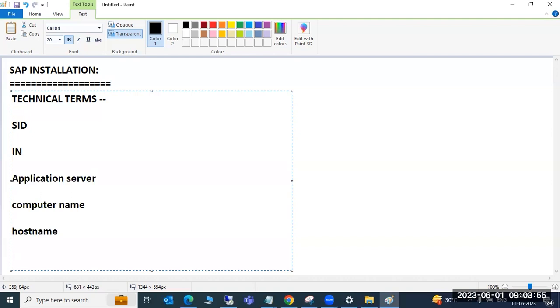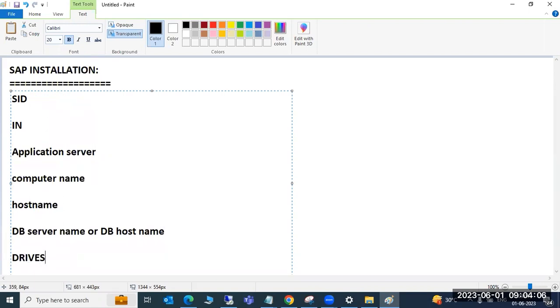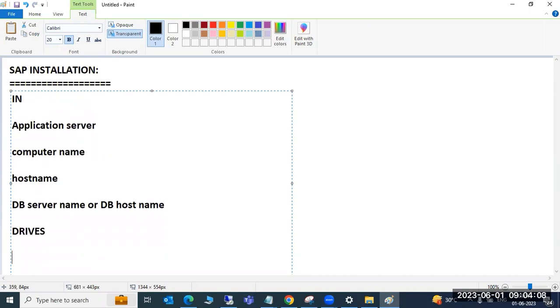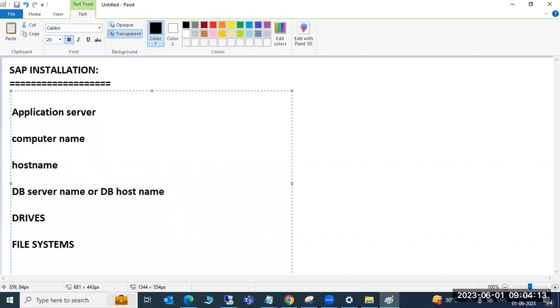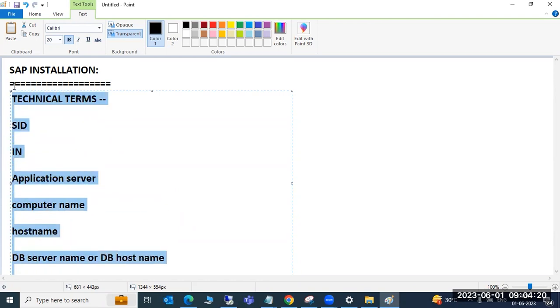I'm not going to discuss this one. And also DB server name or DB host name, and drives, like file systems, right? So all these things we should be aware of. Why? Because when we are discussing SAP, these technical terms will always come. So in advance, if you know what they mean, then we are good to